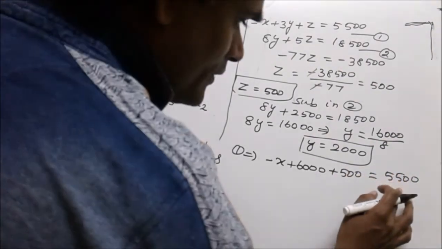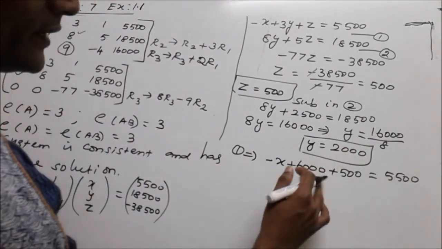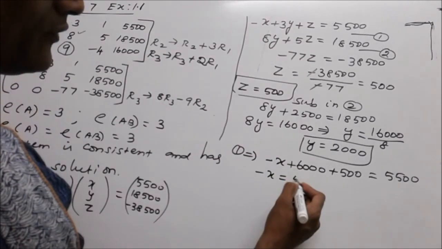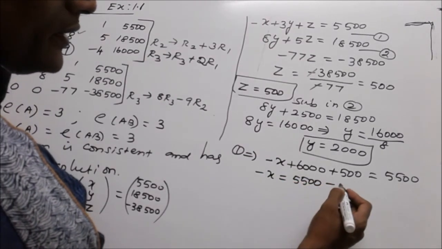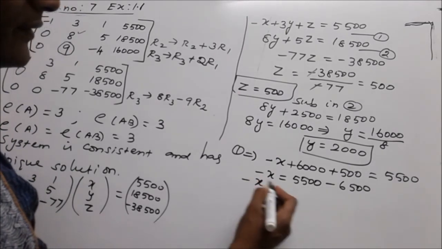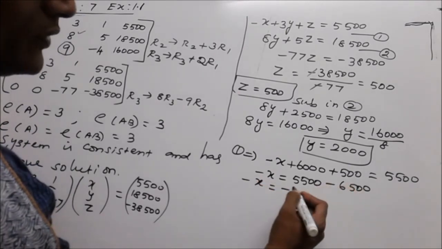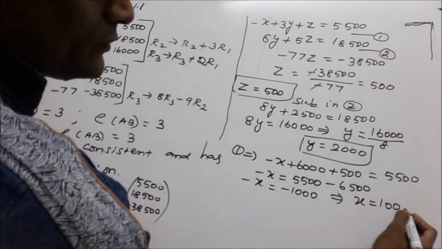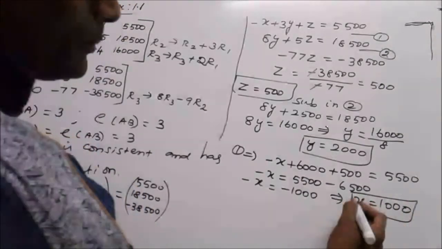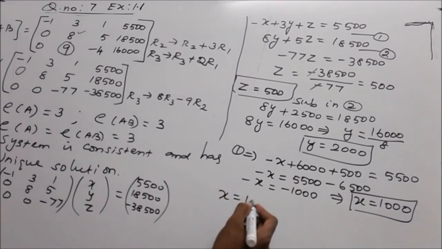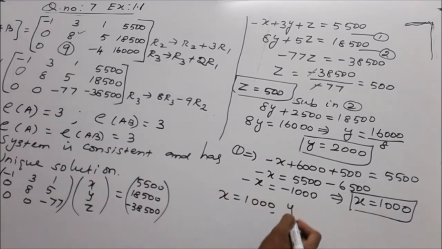Here we have 5,500. Bring it to the right side, it will be minus x equal to 5,500 minus 6,500. So minus x is equal to minus 1,000, which implies x is equal to 1,000. Therefore, the prices of the commodities are x is equal to 1,000, y equal to